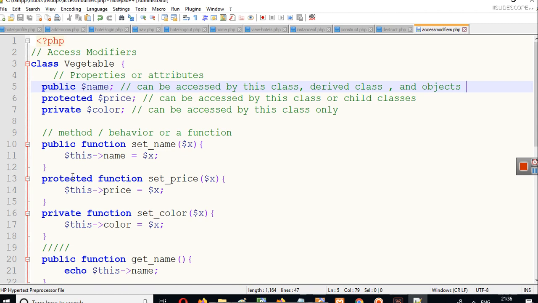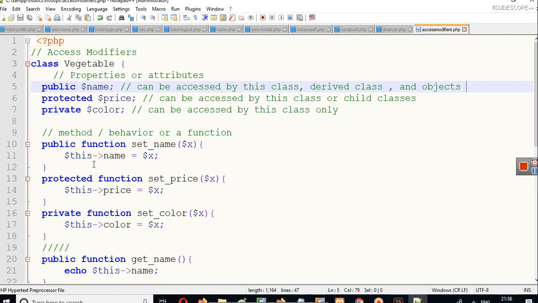But if a public function is used, because this is a public function and this is protected price, this protected price can be used inside a function because this function is of this particular class, and that's why we are not seeing an error anywhere on line number 13, 14 or 17, because these public, protected and private variables can be accessed by these methods because these are methods of this class only.